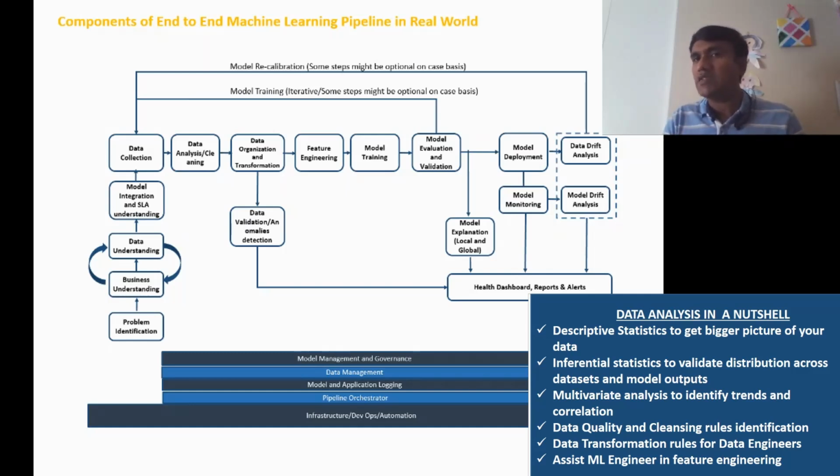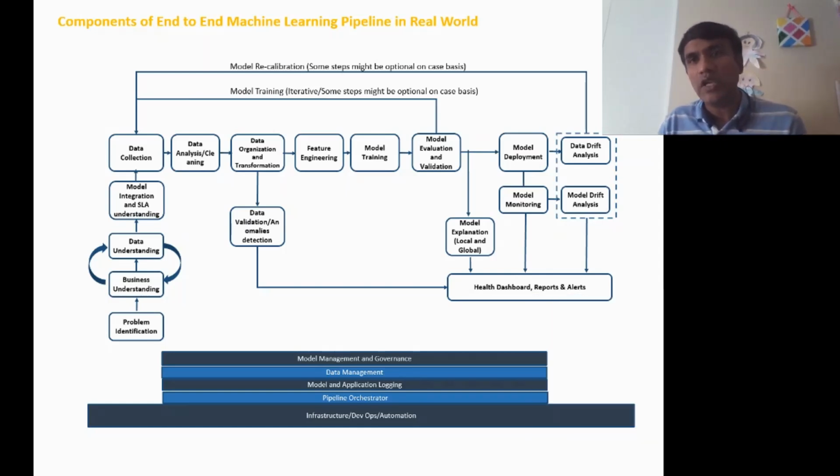Many of your business problems can be enhanced. The accuracy of the model can be enhanced with pretty good data transformation and feature engineering. So this part is very key. The data analysis part is very important. And once you have it, you feed your data transformation rules. So you tell your data engineer team, these are the kind of transformations I need done on the data, all right? And at the same time, if you see below, there is a data validation and anomaly detection